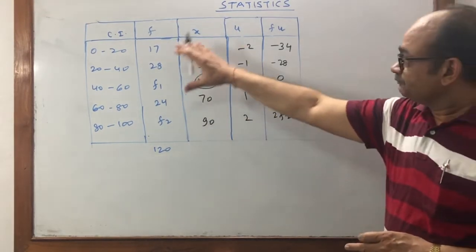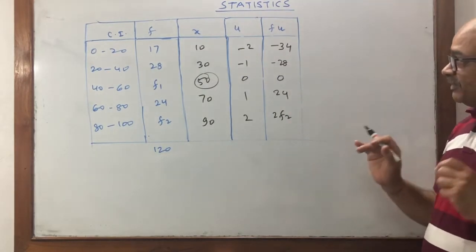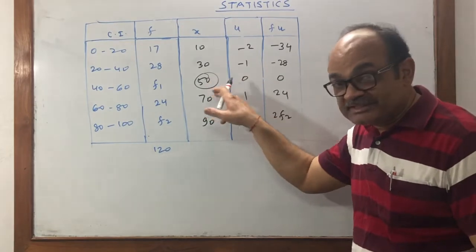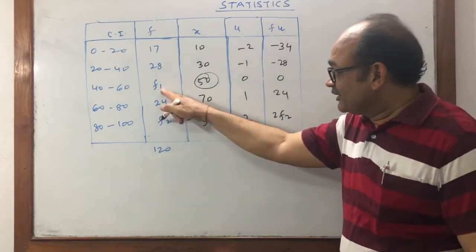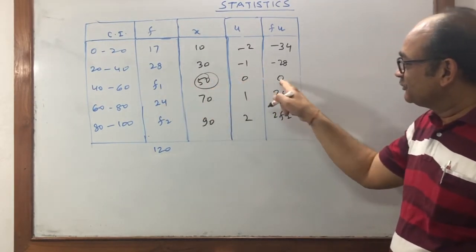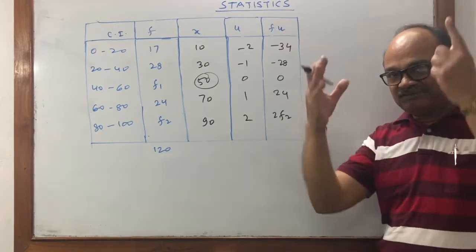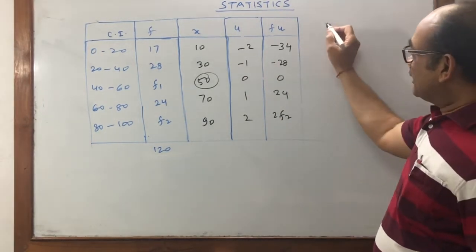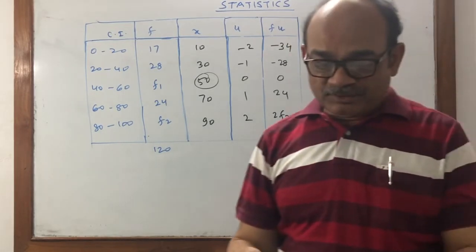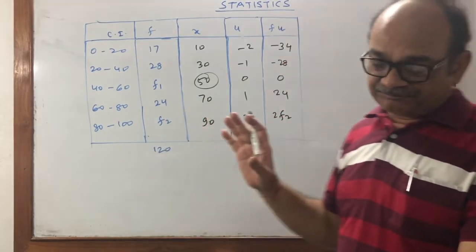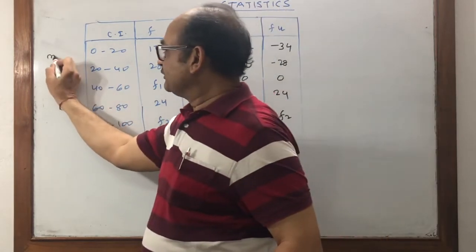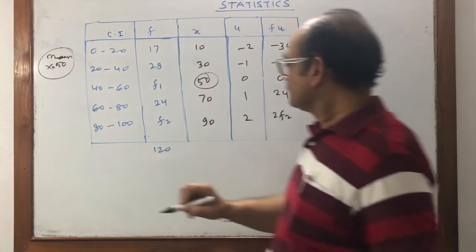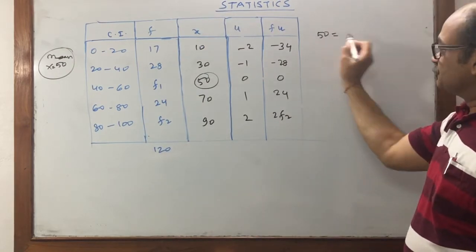Check it once again. Why have we taken this 50 as assumed mean? Because F1 multiplied by 0 will become 0 and we'll get one answer very fast. That's why. Okay. Now the formula. Mean is given to you, 50. Given. So now 50 equals to A